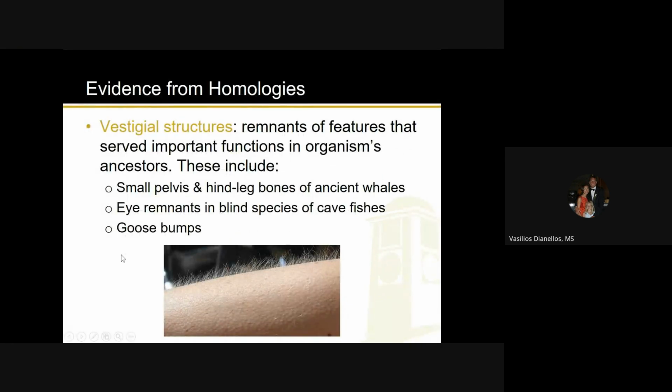Anyway, another good independent work topic is vestigial structures. Humans have so many vestigial structures, and goosebumps is just one example. I'll let you look that up for independent work if you want. I actually have a book, and I wish I could assign it for you to read, but it's a pretty big book, and it's really interesting. It's about all the flaws in our evolution. If evolution was purposeful and driven on purpose, then there are so many things that should be different in humans. We've got a lot of things that are really weird about our body and our genes. And again, vitamin C is one of them. But you can look that up for independent work if you want.